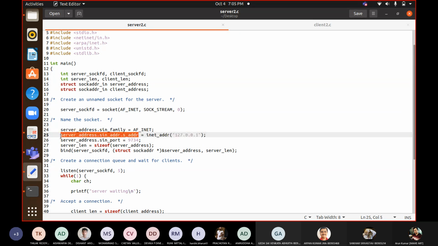Because the third argument in sin address, meaning the sockaddr_in structure, is of structure type, which finally holds the IP address. Is that clear to all of you? Hello? Yes, sir. Yes, sir. It's programming, it's very well evident.